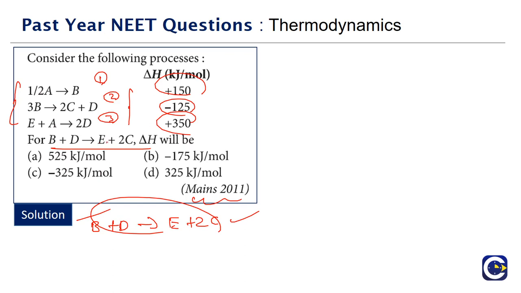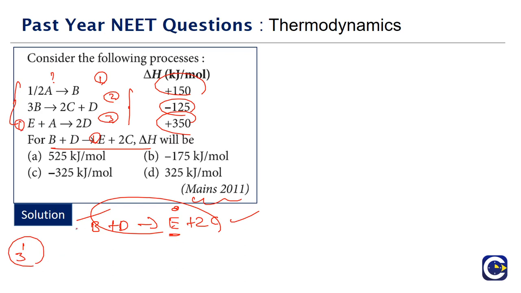Now in the final we have this element or substance E on the product side. Equation 1, there is no E, you can check. Is there E? There is no E. Equation 2, there is no E. E is coming only in the third equation, but that is also coming on the reactant side or the left side. We must get it on the product side. So here how much E is there? 1 mole. The third equation is also having 1 mole of E, but on the left side. Means the third equation has to be modified. How?